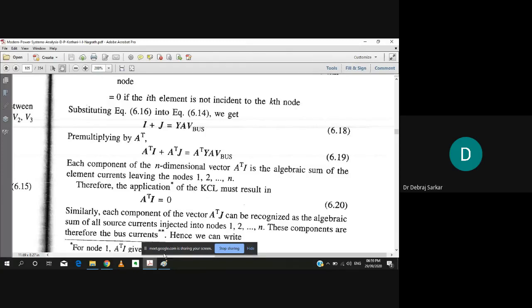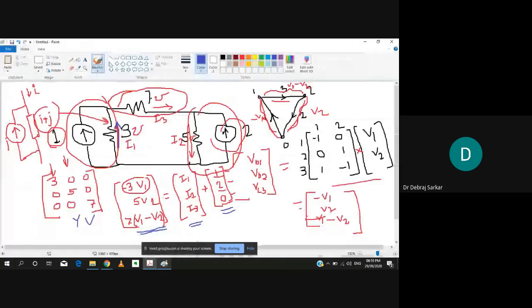You won't be able to get it just like that. Let us do it. So this was our A matrix. Now tell me the A transpose. A was 3 cross 2, so A transpose would be 2 cross 3. So it will be -1, 0, 0, 1, 0, 1, and 1, minus 1, minus 1. Now, can you multiply this